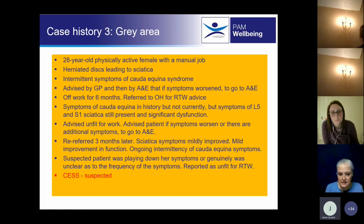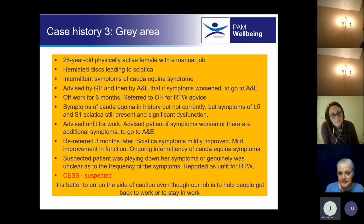So this is a suspected issue. There's something going on there. It could potentially develop. It might never develop, but if she went back into a manual job, she is much more at risk of that developing. So that's where I'm suggesting to you that it's much better to err on the side of caution, and help people. We want to help people get back to work, but